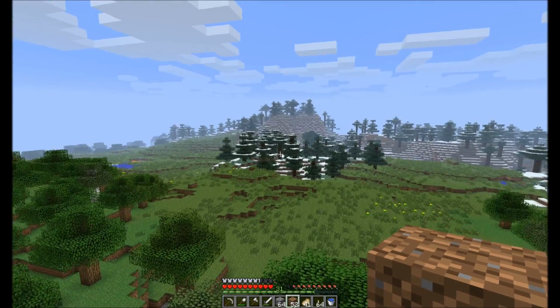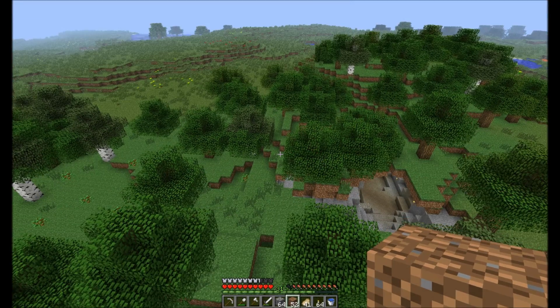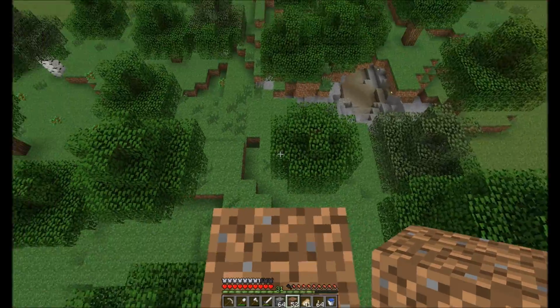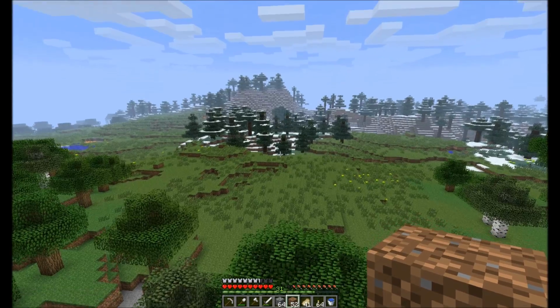Today we're going to explore and find where we're going to set up our first home. While I was off camera, I went and gathered up a bunch of wood. Here's oak wood from the little forest right around here. And then on top we have a little bit of spruce wood, which I grabbed right over there in that little